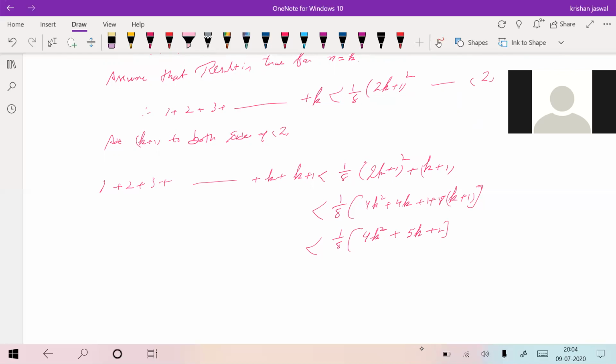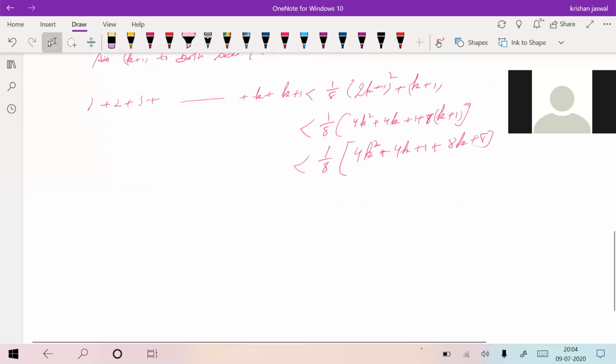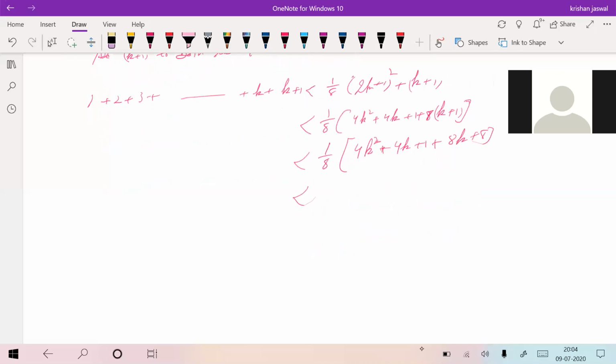Then we can take 1 over 8 as common. Now this will become 1 over 8 into (4k square plus 4k plus 1 plus 8k plus 8), which is less than